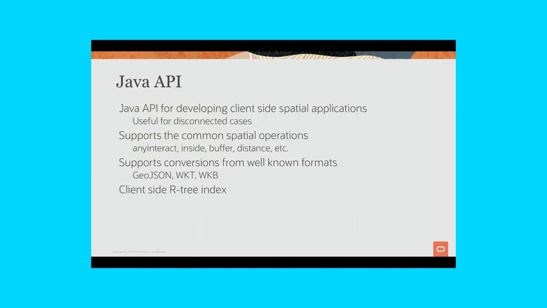And then if you have very large amounts of data that you want to manage on the Java side, there is also a client-side spatial index or tree index. So you can use that to index the data in memory in the Java application and then do spatial queries on top of that. But typically, people use a mix of client-side spatial processing for small amounts of data. But if you want to do it at scale, then you push the operations to the database and do them on the database side.